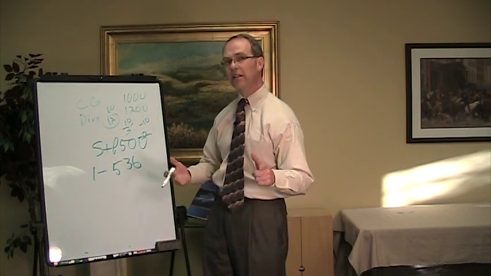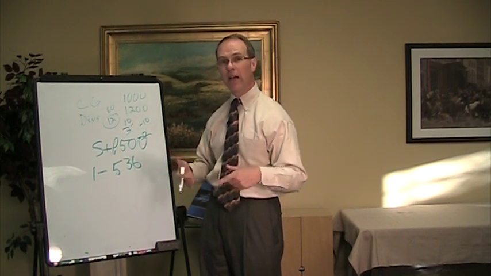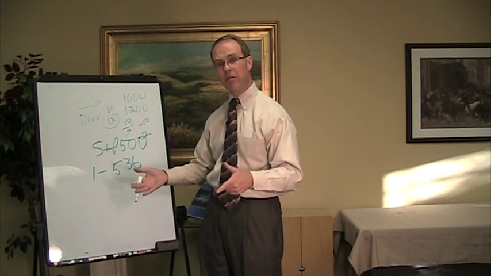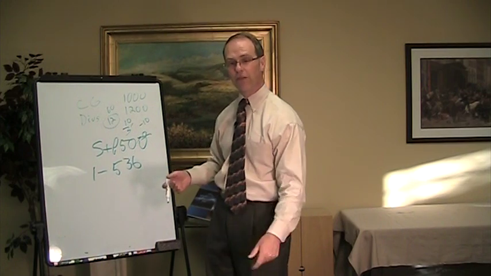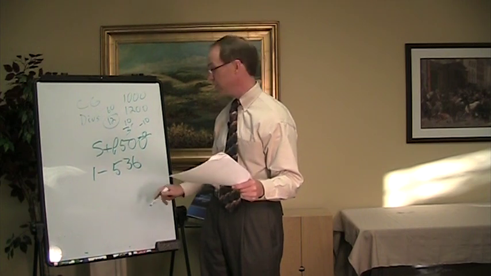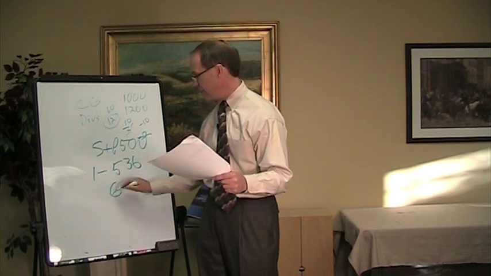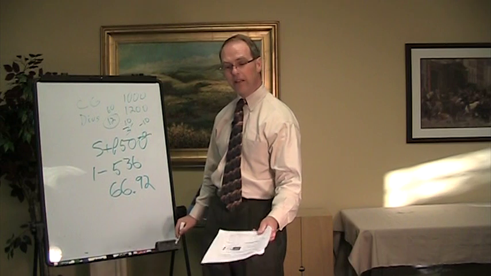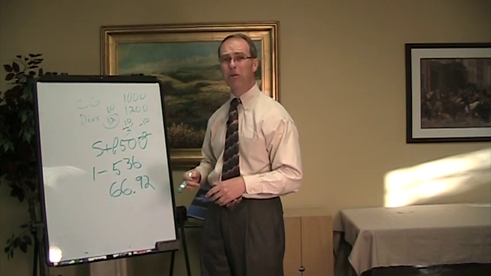But let's say that I just decided to remove the dividends. And if you look at these equity indexed annuities, they remove the dividends from the return. You'll see it in the fine print. Haven't seen one yet that doesn't do that. And they'll say, you get the return, you get to participate in the growth of the market, but you don't get the dividends. If I remove dividends from the returns from 1950 until today, guess what it grows to? Instead of a dollar to $536, it's $66.92. So basically what we get with these products is basically bond market returns, but with a lot of commission,